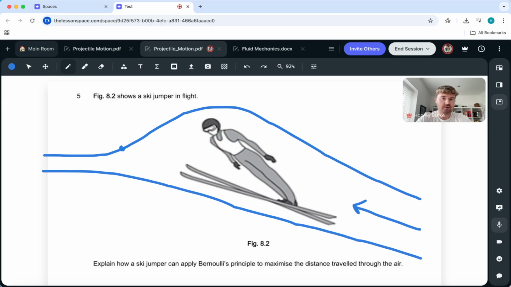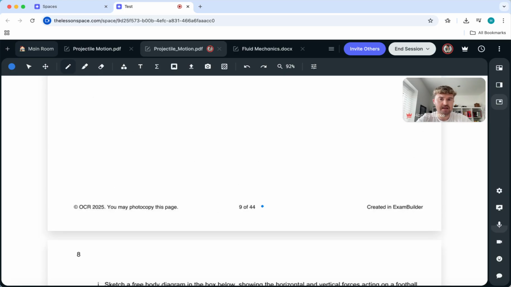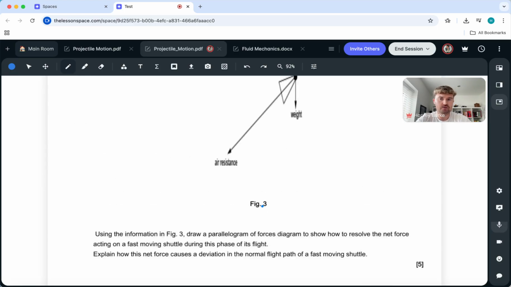And then the air travelling over the top of the ski jumper is travelling a greater distance at a faster velocity and a lower pressure. And then the air travelling underneath the ski jumper is travelling less distance, so a slower velocity, but at a higher pressure. That creates a pressure gradient, and that high pressure creates this lift force. It's lifting the ski jumper upwards. So let's see how that answer compares to the mark scheme